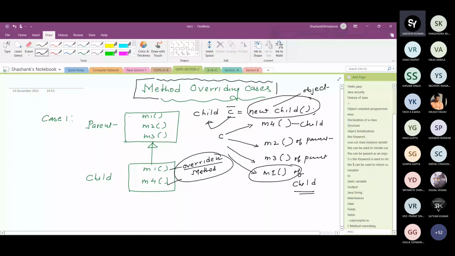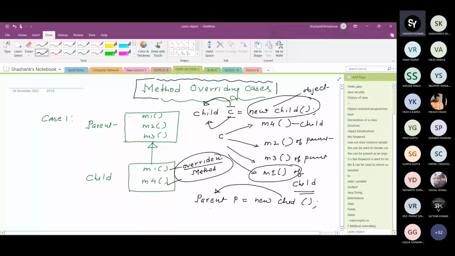It seems a little strange, right? The reference variable should be of the same type as the object. No, in the case of inheritance there is another choice: Parent p = new Child(). It means a child object can also be referred to by a parent class reference variable.